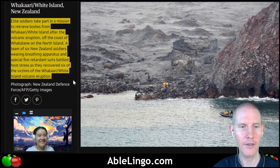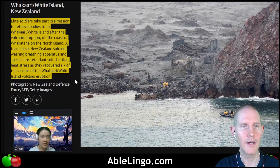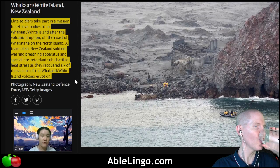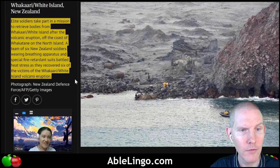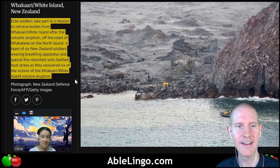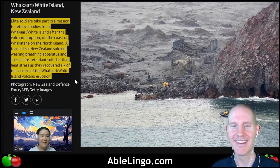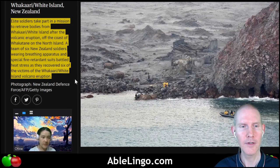I'll read again. All right, go ahead. Allied soldiers take part in a mission to retrieve bodies from Whakaari White Island after the volcanic eruption off the coast of Whakatane on the North Island. A team of 6 New Zealand soldiers wearing breathing apparatus and special fire retardant suits battled heat stress as they recovered 6 of the victims of the Whakaari